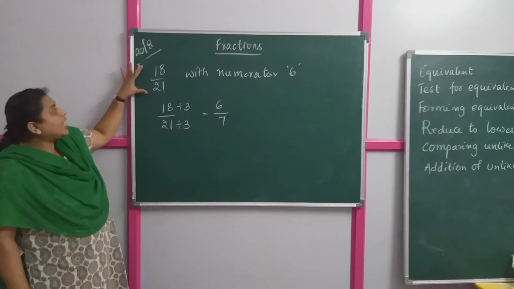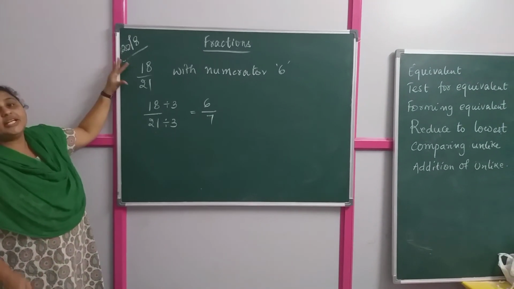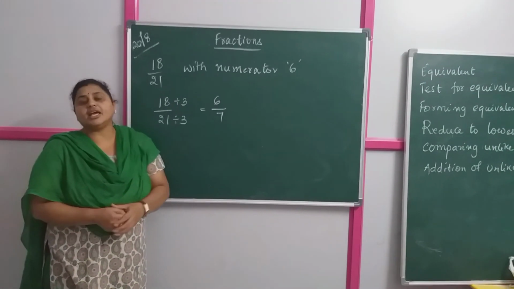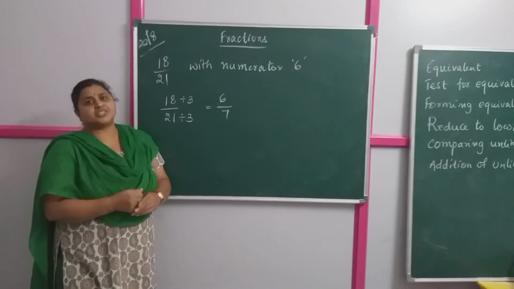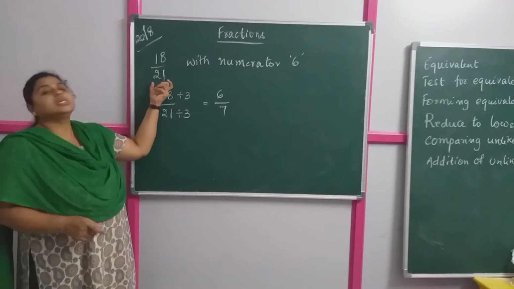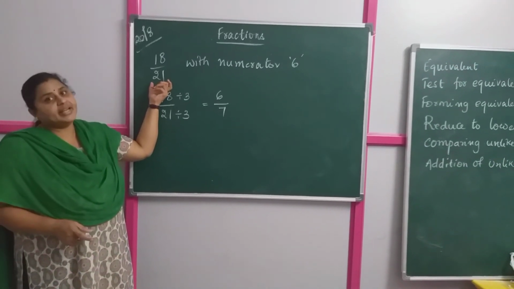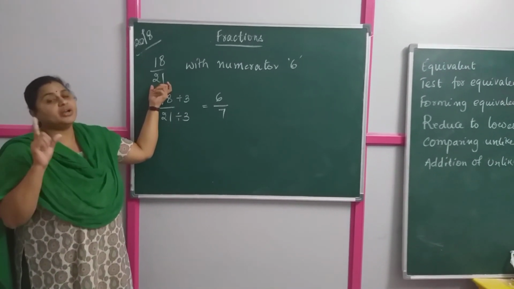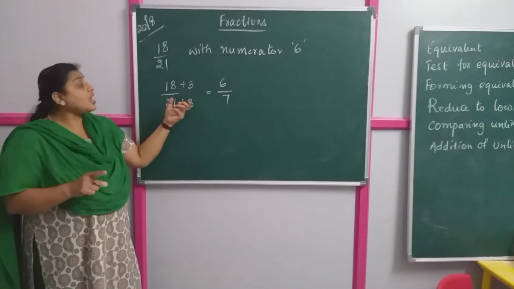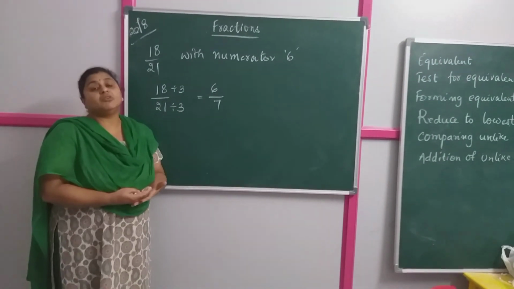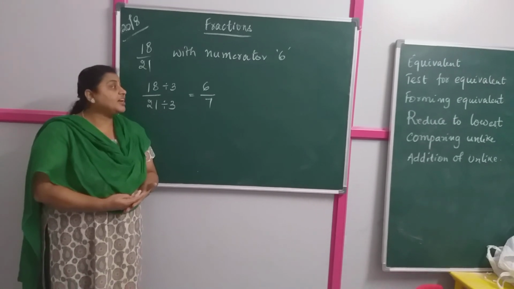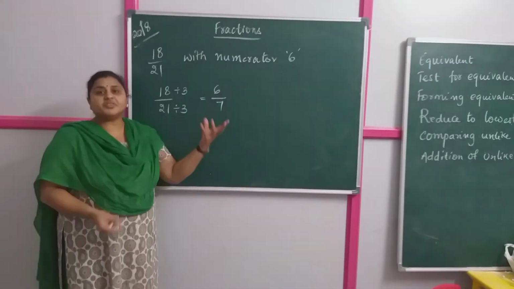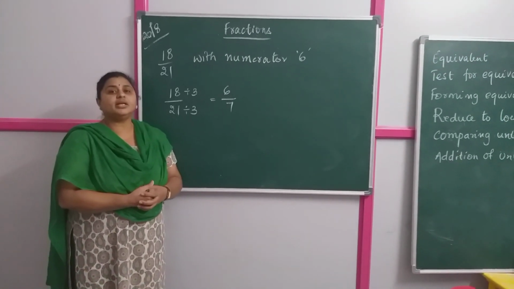Got it, children? So when you have such a problem, you need to check whether we have to multiply or divide. You need to be very careful while forming an equivalent fraction. Simple, children. If you have a 2-digit fraction, check by dividing with the same number. If you have single-digit fractions, see that you are multiplying and getting the equivalent fraction. So this is how you convert an equivalent fraction, how to test an equivalent fraction and how to form an equivalent fraction. In the further classes, we will check out other concepts. Hope you understood this, children. Okay, thank you.